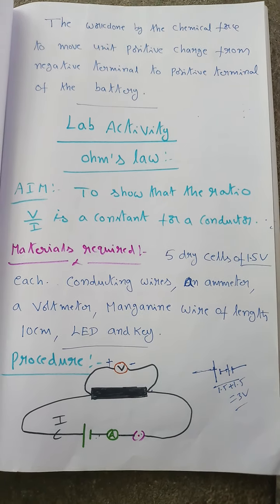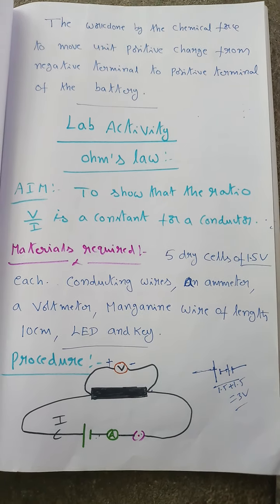Here the voltmeter does not draw any current through it. You don't know about resistance till now, but it does not draw current because its resistance is high. In the case of an ideal voltmeter, resistance is infinity. An ammeter does not have any resistance, its resistance is almost zero. The resistance of an ideal ammeter is 0. Now let's see how we carry out the experiment in a lab.